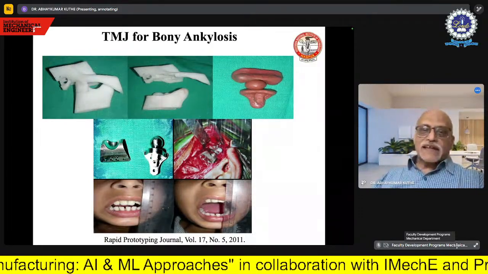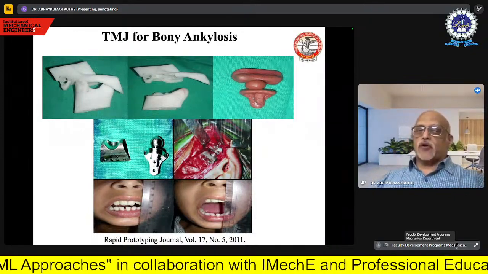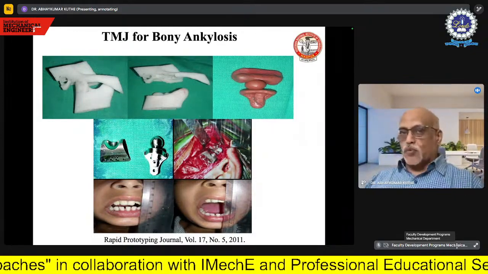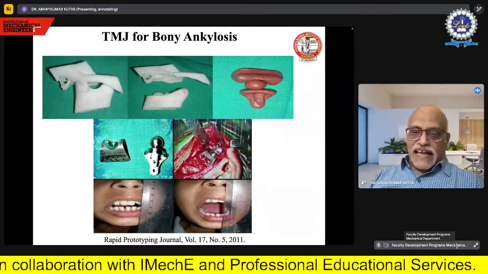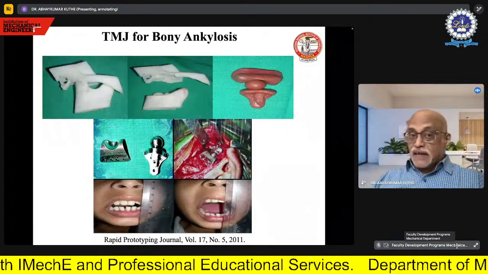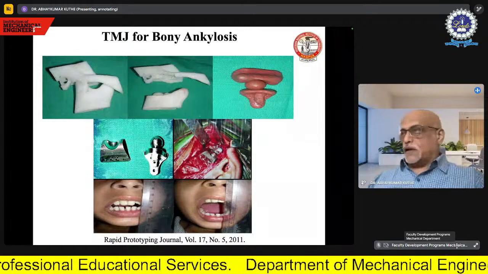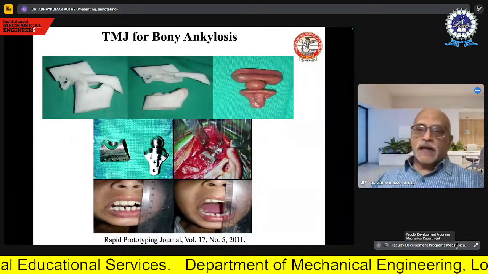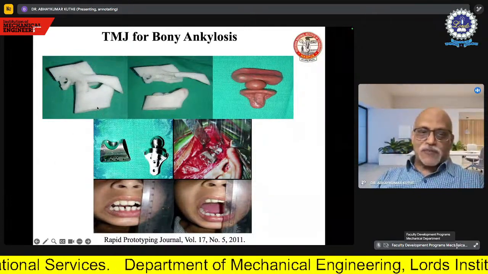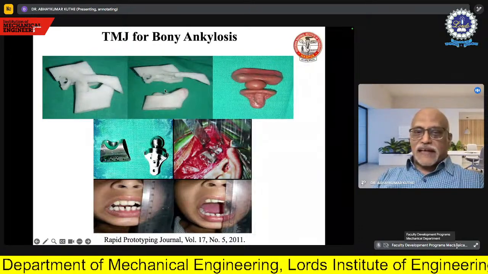Okay. Here, this is the first case study that we have handled, to which we call the TMJ for bony ankylosis. TMJ stands for the temporomandibular joint. Now, you can see that this particular joint we have developed using 3D printing and rapid prototyping assisted so-called manufacturing. So here you can see, if you look at this particular figure, we have taken the diseased model, then ultimately